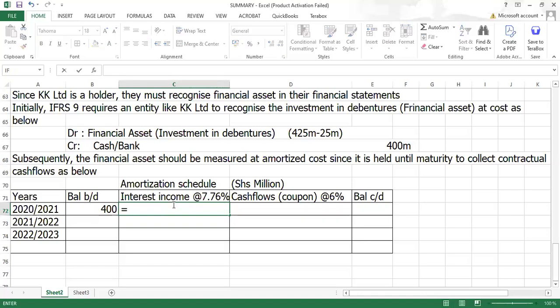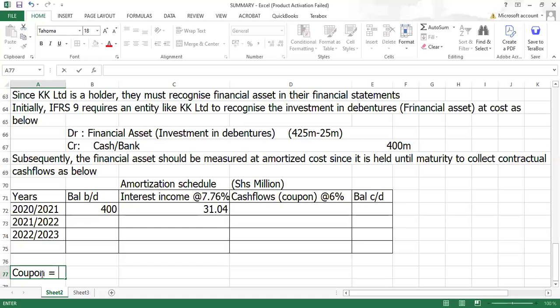How do you get interest? You get the 7.7% times 76 times this. That's how you get your interest income. Then how do you get your cash flow, your coupon? To get your coupon, always know that the coupon or the cash flow is the